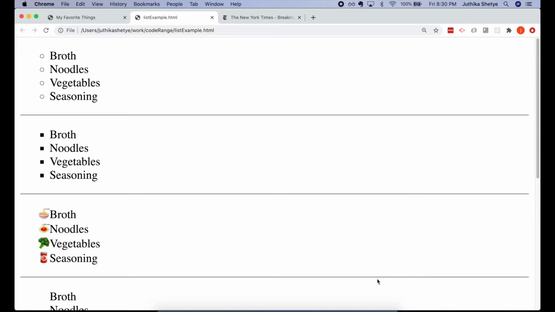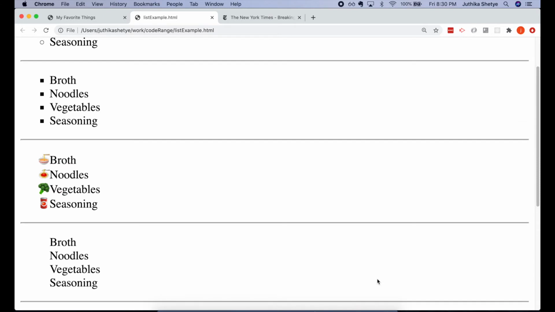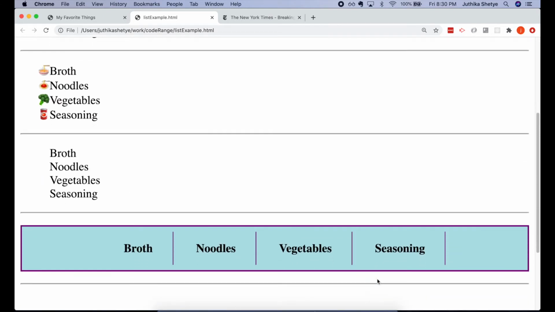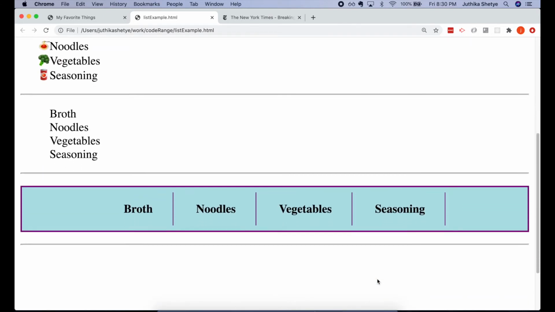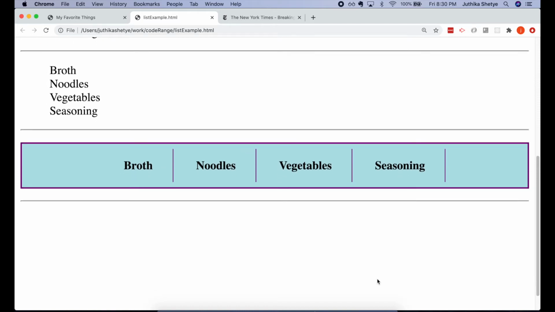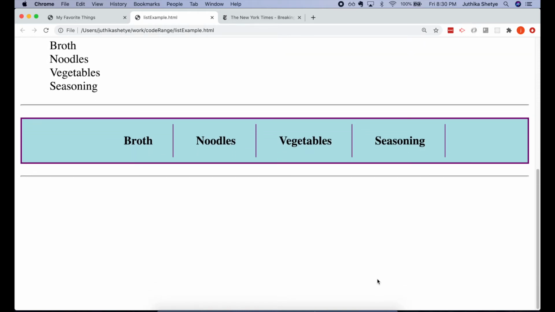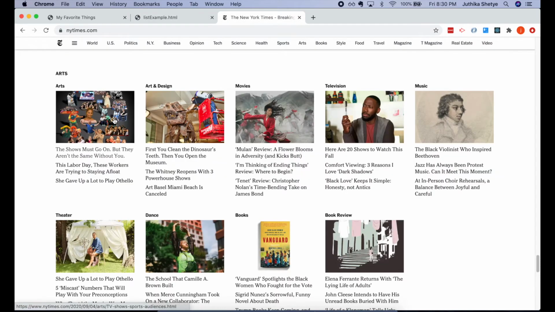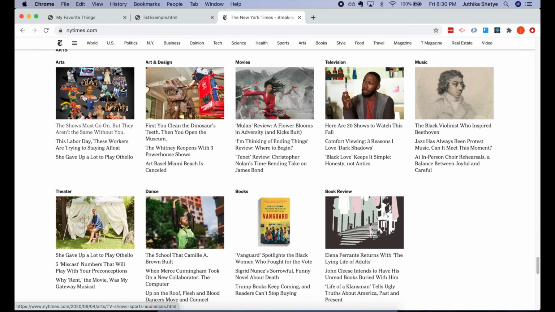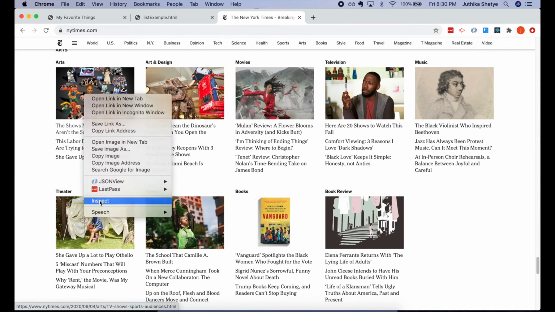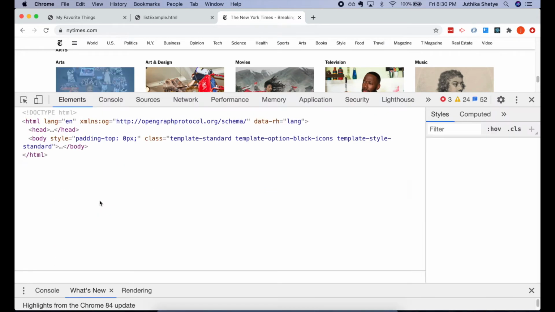We can put bullets in the form of a circle, square, an image, or even make the bullet completely go away. We can leave the content in a list shape layout, or we can lay it out however we want. This example here on this news website is an incredibly common use of the unordered list to mark up a set of teasers for articles. You can even right-click and inspect the code to see the markup of the list structure.